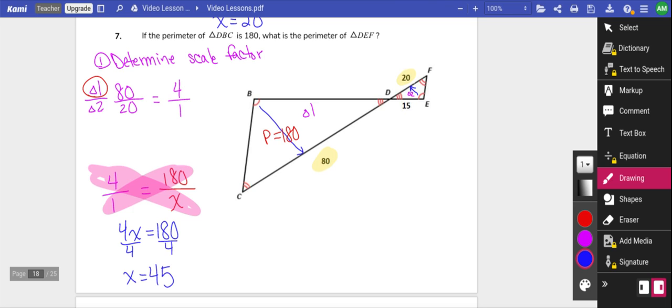Now, it might be worth it to go back and look at this question and see if it makes sense. And in this sense, it does, because the bigger triangle should have a bigger perimeter. My smaller triangle should have the smaller perimeter. Well, that concludes today's lesson on determining perimeter with similar figures and the relationship between perimeter with similar